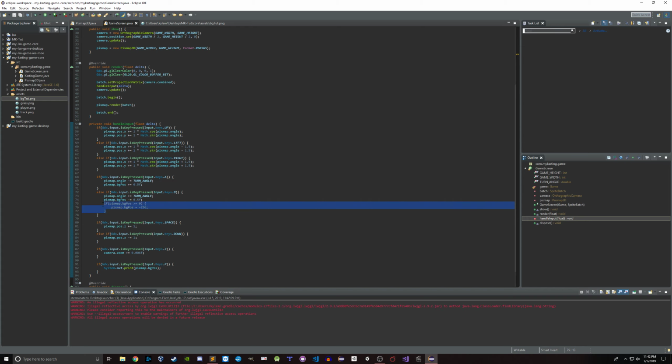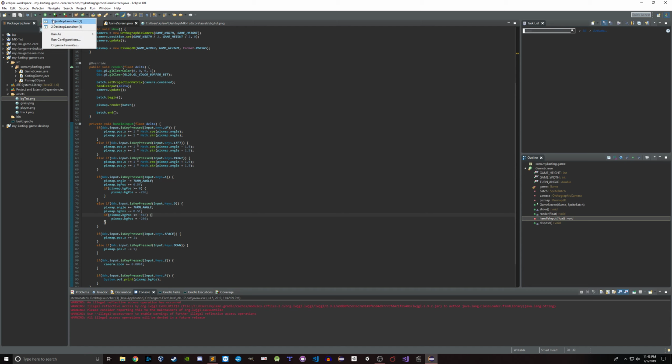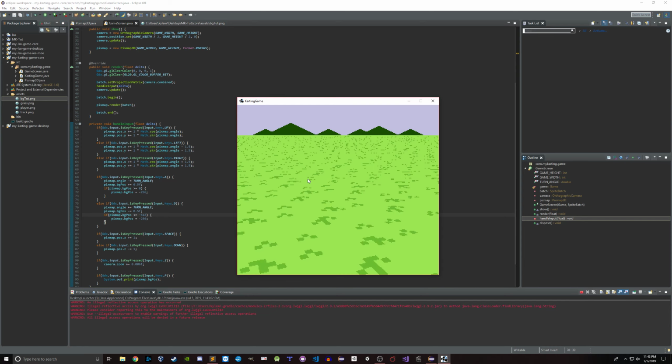Whoops, I put that in the wrong place. That needs to go in A. Okay. We're going to do similar down here, except this needs to be less than or equal to 512. And then we're going to set it to negative 512. We're going to set it back to its original position. Cool,